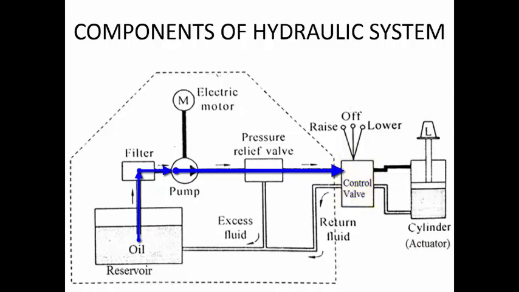Now remember the pump is continuously operating, we have not switched off the electric motor. So the pump is continuously pushing the oil out through the outlet side. There is no possibility for the flow of the fluid, so pressure will continuously increase. If the pressure continuously increases, there is a chance of rupture of the hydraulic transmission lines, that is, the various pipes and tubes which are carrying the fluid.